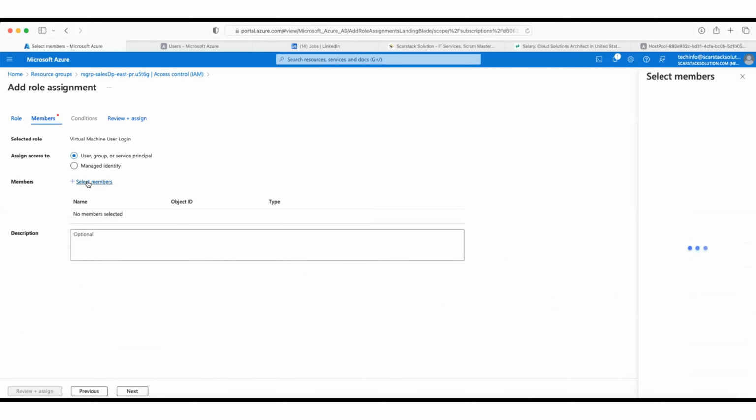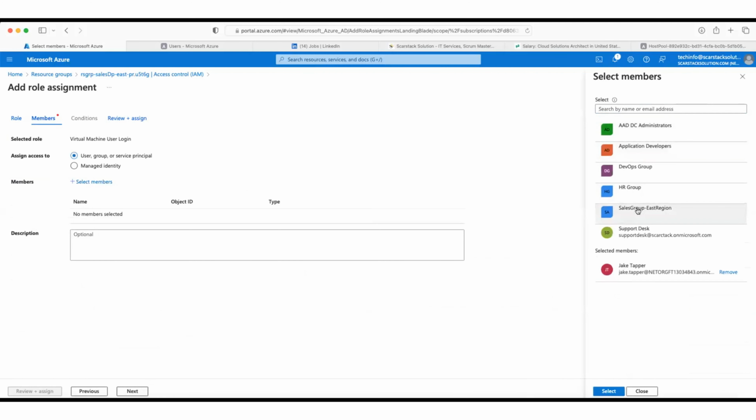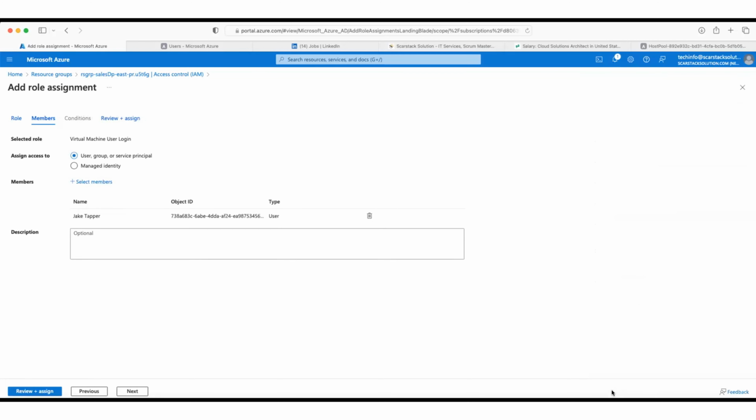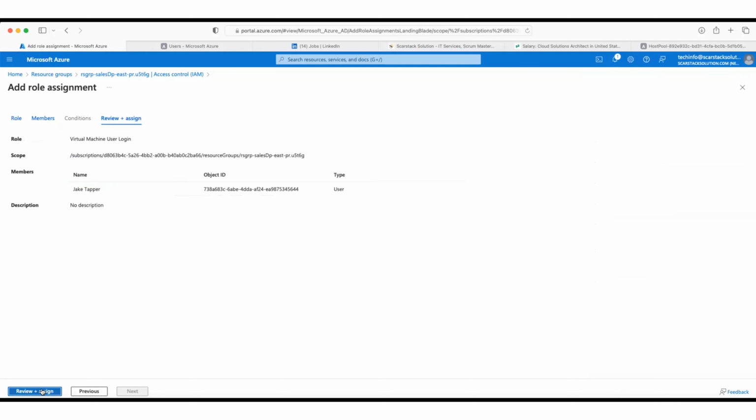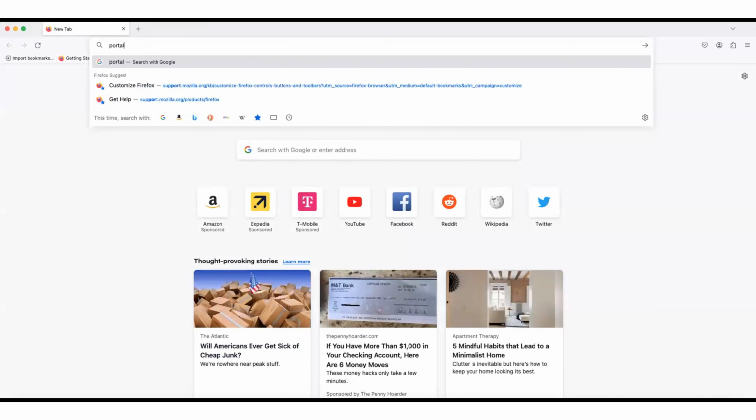For this, I'm going to add him. I'm going to look for Jake Tapper over there and select him. And I'm going to hit Select over there. And then I am going to hit Review and assign. Now, before I do that, I'm going to pause there a little bit. We've not assigned him this role yet. So I'm going to show you what the difference looks like from the user's perspective. So I'm going to go over here and hit